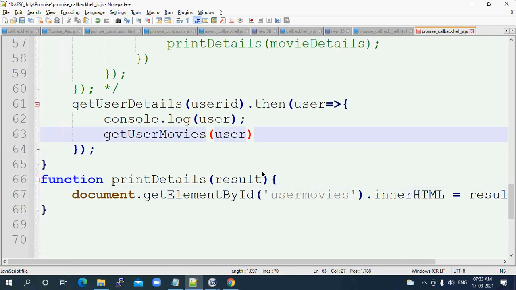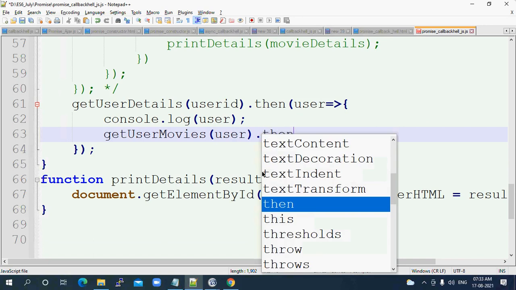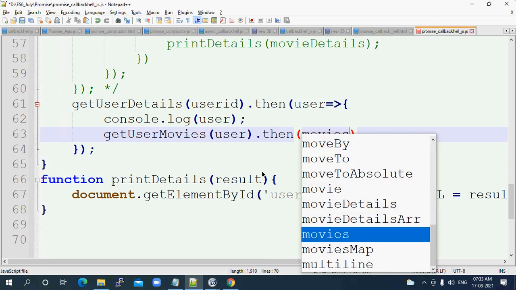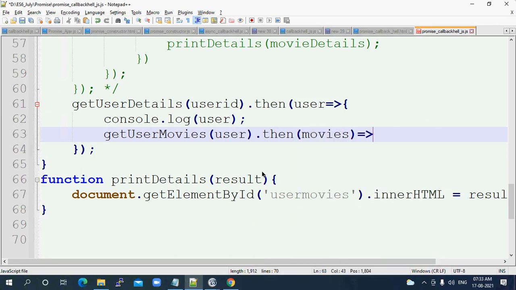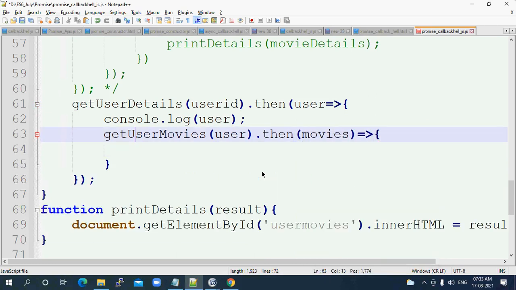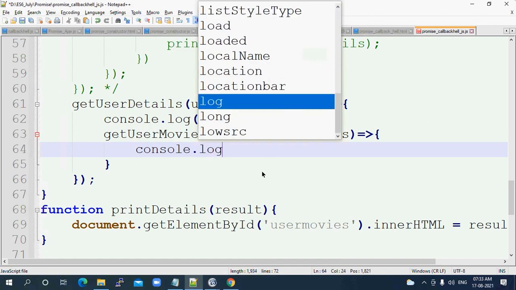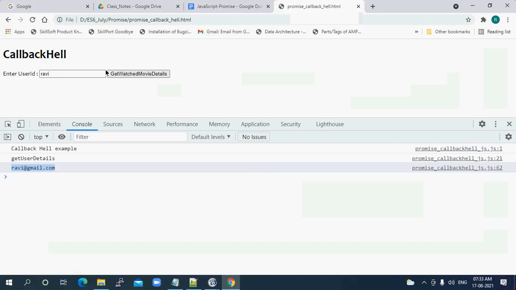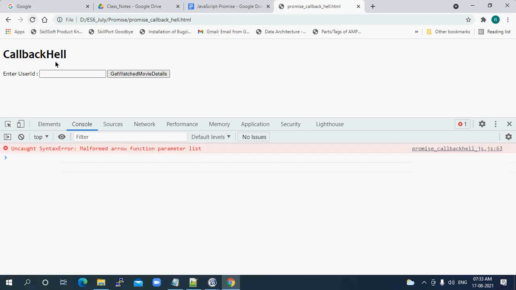So what we can do? Get user movies dot then, right? Yeah. Okay, then what it returns us? It returns us movies, right? Yeah. Okay, dot then movies it is going to return us movies. If I print the console.log movies, if I refresh it,